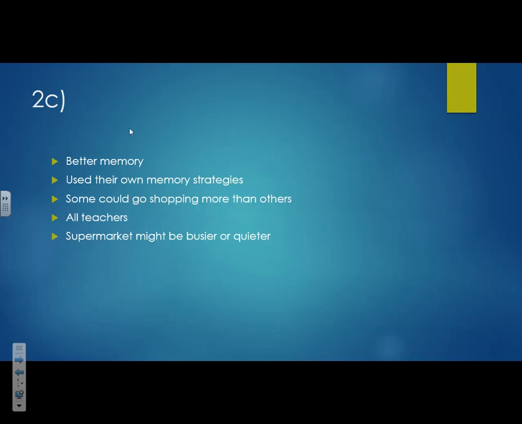You could also suggest that they count in and out the number of people, and the teachers are only allowed to go inside when the supermarket has the same number of people in the 2 conditions. Temperature, same thing, I suppose. You could ask them to go at the same time of day. You could check that the supermarkets monitor their level of temperature and ask teachers to go in when you've consistently found, say if you always find at 10 o'clock it's so many centigrade or whatever, then you could invite teachers in then. Time of day, dead simple, just ask them all to attend at the same time of day,